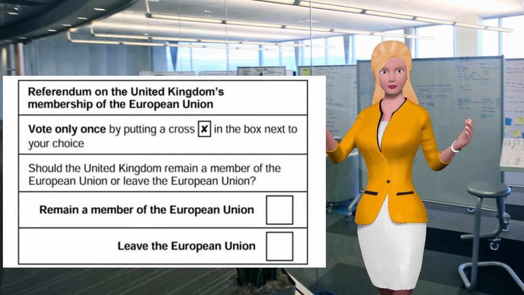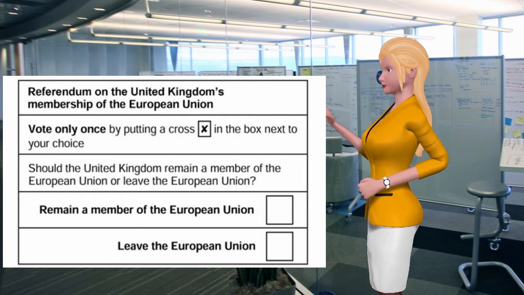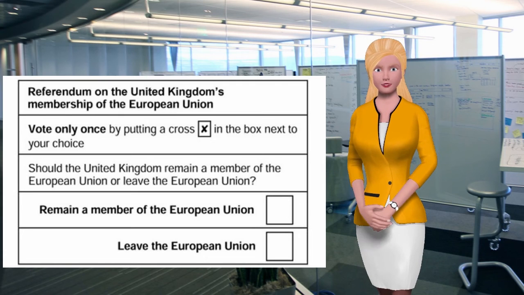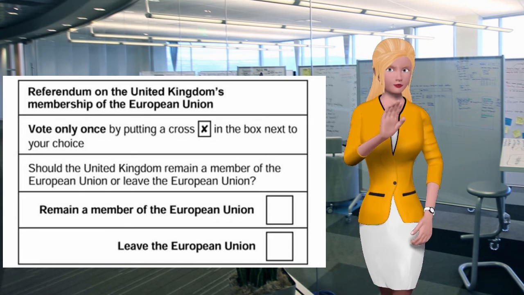The definition of leave supplied by Cambridge Dictionary means to go away from someone or something, for a short time or permanently. An example is I'll be leaving at 5 o'clock tomorrow. So we can now understand that leave the European Union means to go away from the European Union.